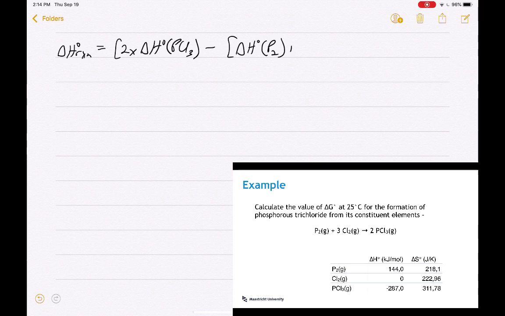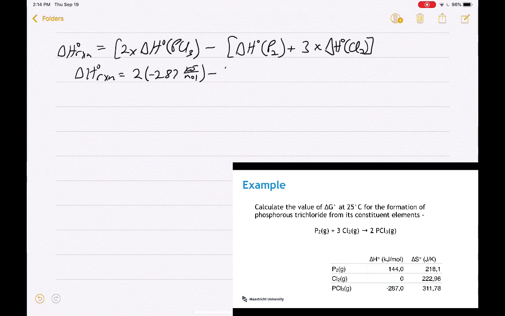So our delta H of reaction is going to be equal to 2 times our delta H of our PCl3, it's products minus reactants, minus our delta H of our P2, that's added to 3 times the delta H of our Cl2. So we plug in the numbers for that, and we get a delta H of reaction that's equal to 2 times negative 287 kilojoules per mole